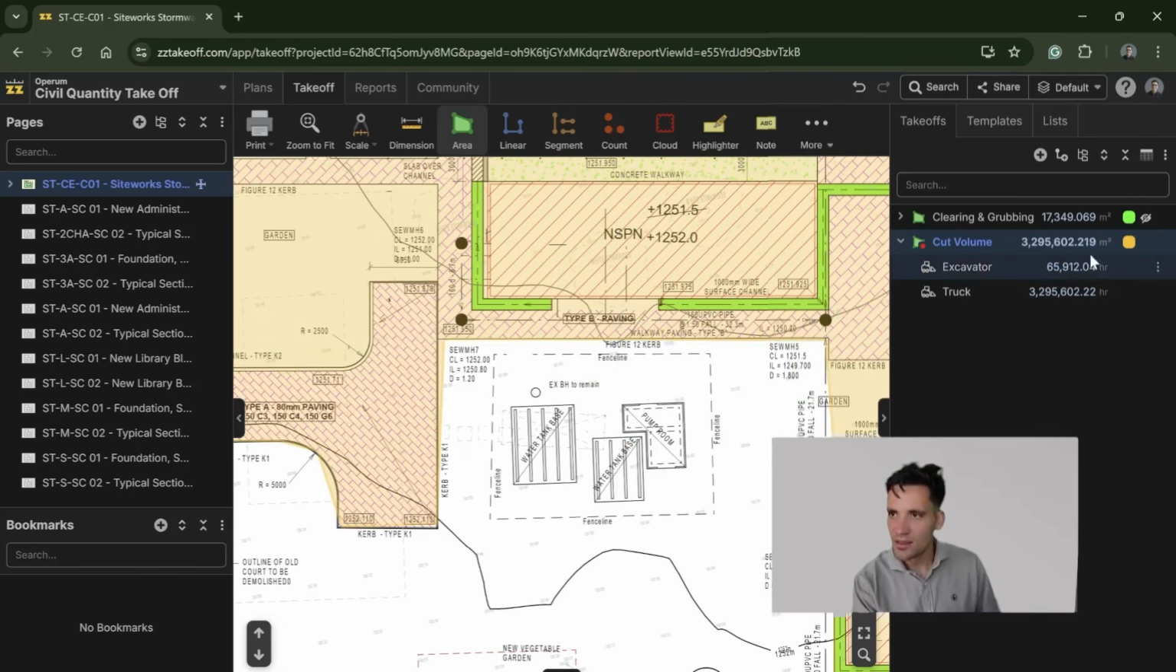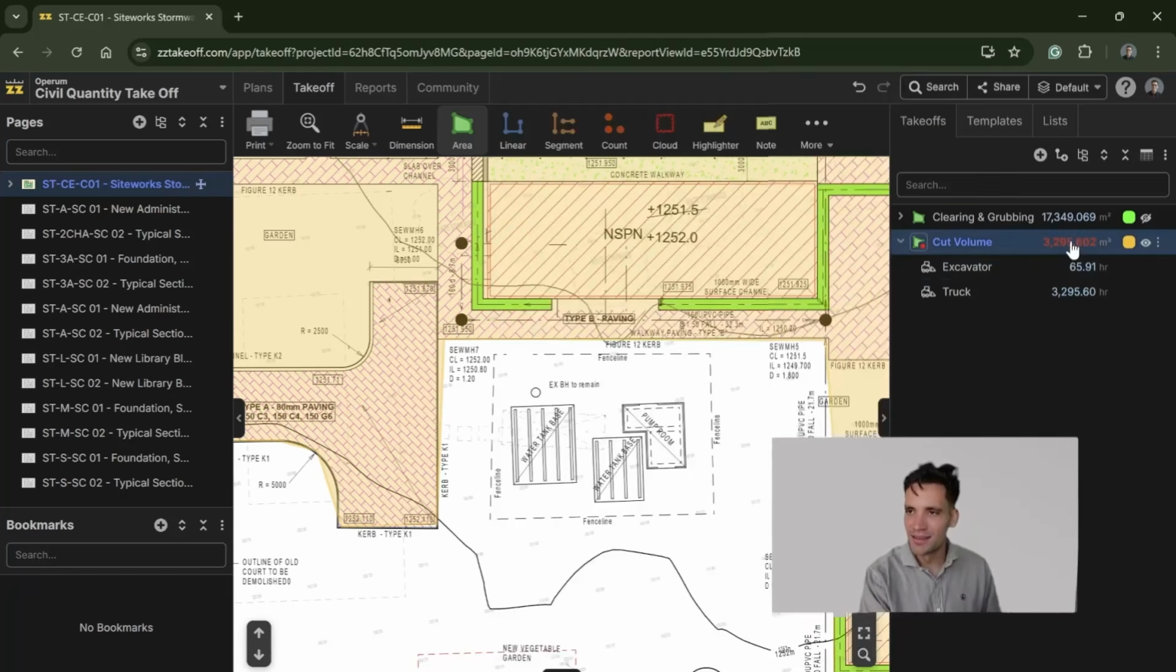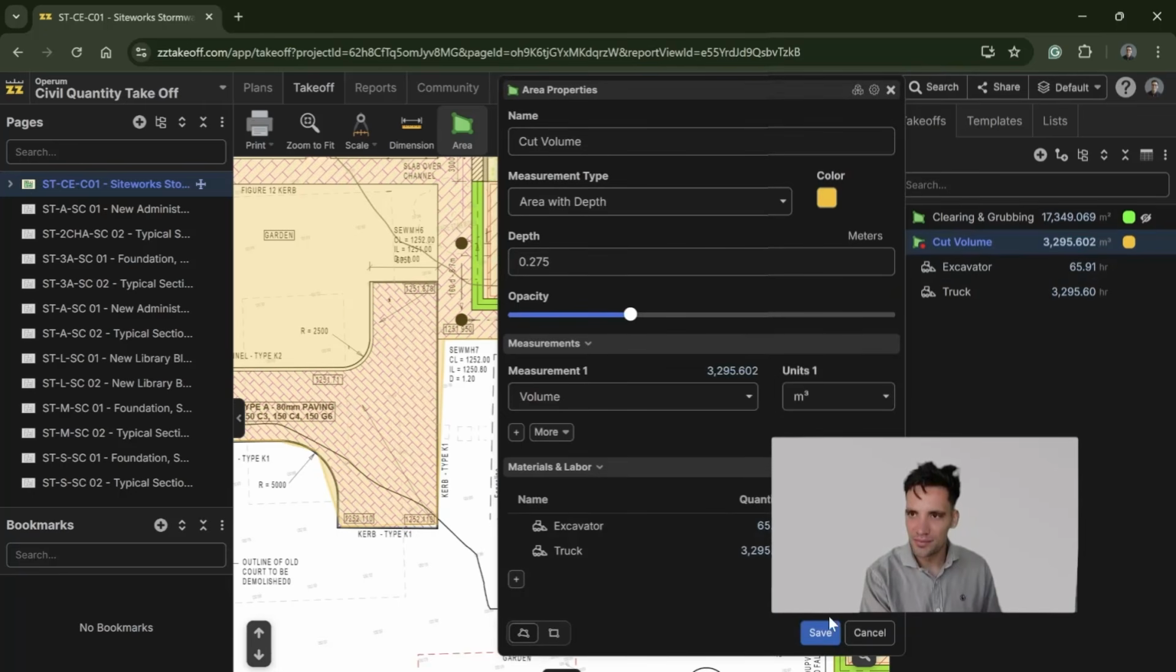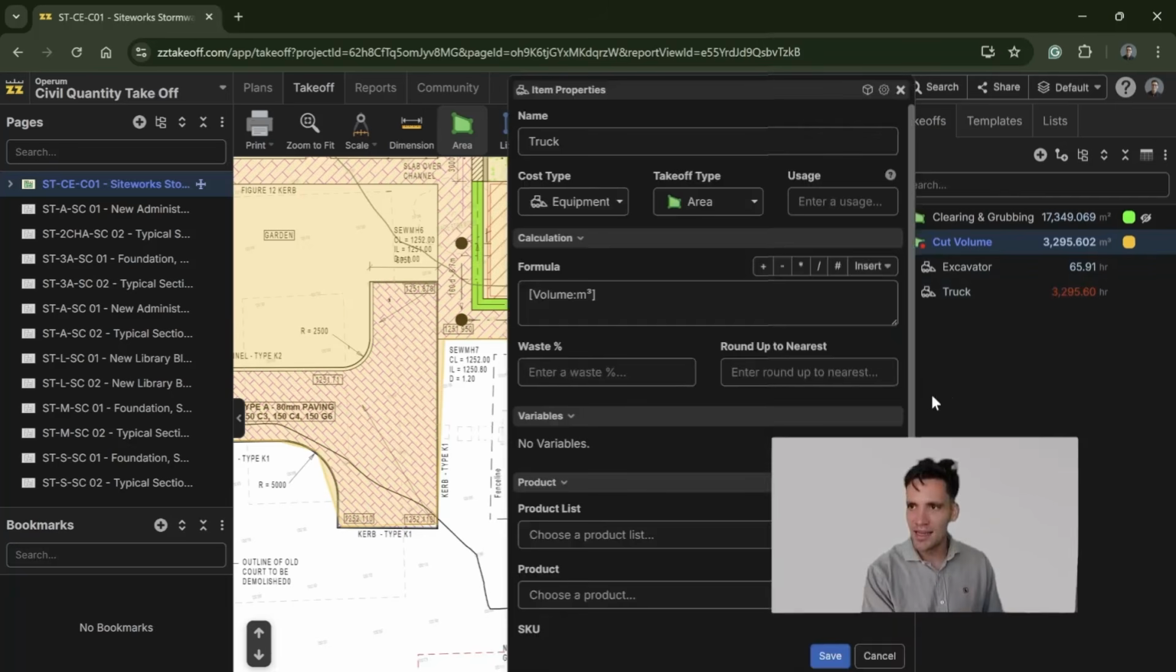So that was 3 million meters cubed. Let's think about that in practice. My formula was missing a decimal place. And that has dropped to 3,000 meters cubed, which sounds a bit more realistic. 50 meters cubed an hour gives you 60 hours with an excavator, and I obviously didn't divide by 50 on this,